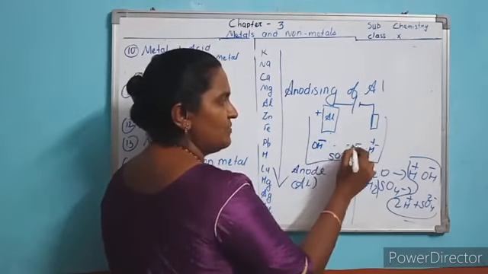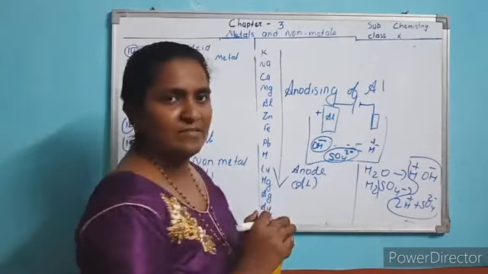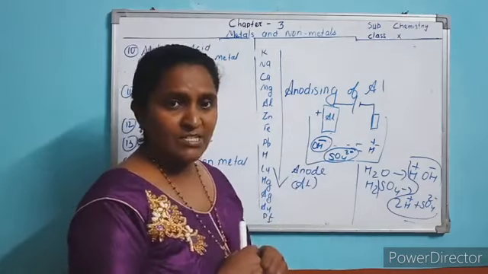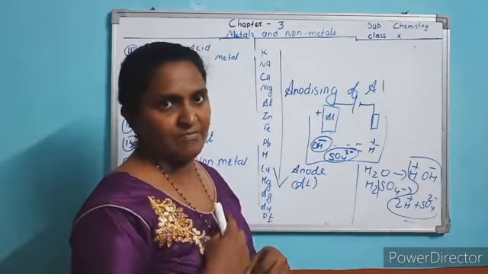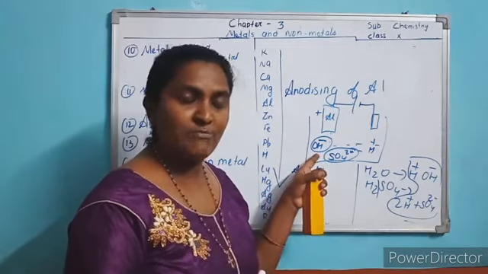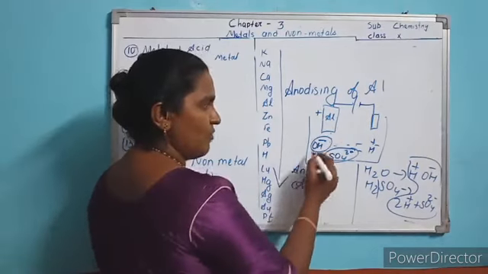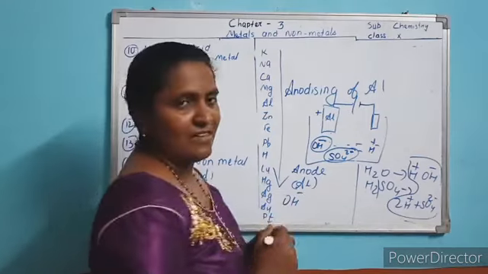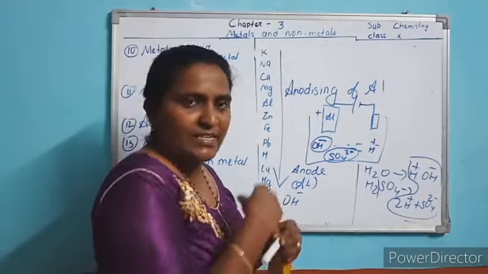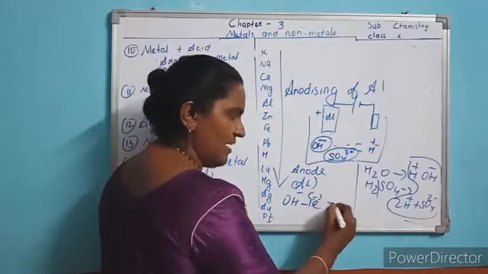These two ions migrate, but only one discharges. Who is that? Between these, who has more reducing power? That one will go and discharge. Between the two, the hydroxide OH minus ion has more reducing power. So to the plus rod, who will go? The OH minus ion. I told you it has more electrons, no? That is the minus charge, so it tries to donate the electron. One electron is extra, so it donates one electron and becomes neutral.